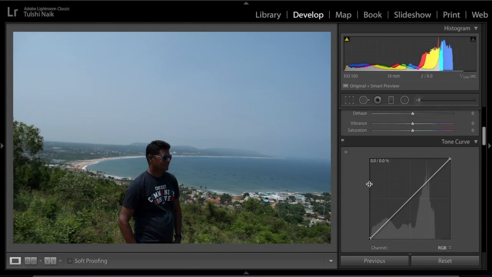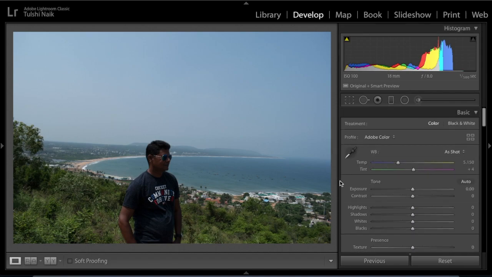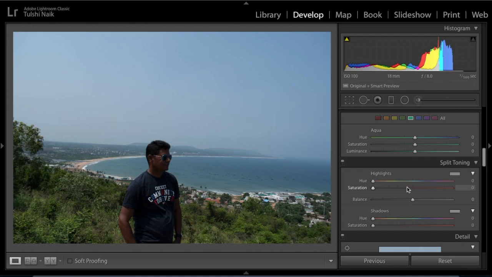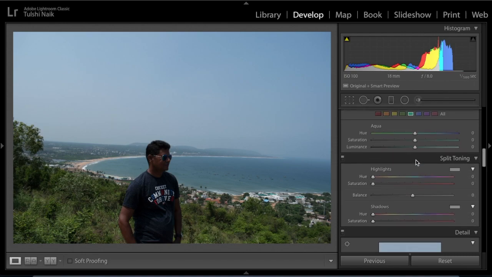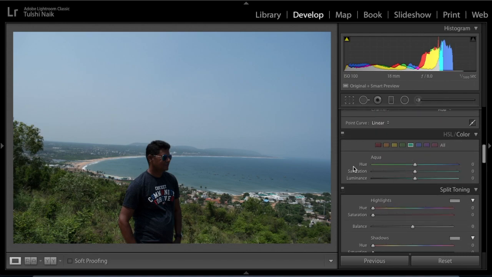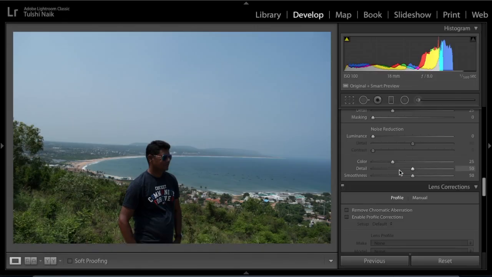So in this photo, it's a nice seascape photo. However, the sky is a little blown out. The water, ideally it should be turquoise color, but it is not. And there is a very harsh light coming on these greens. So we're going to balance all these colors and tone by using two tools today. One is going to be the split toning and another is using of HSL sliders.